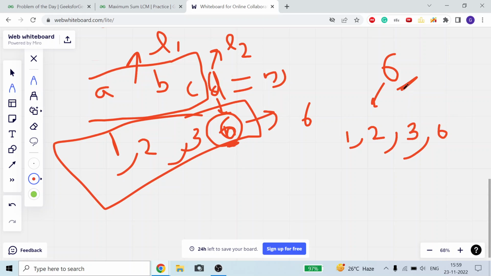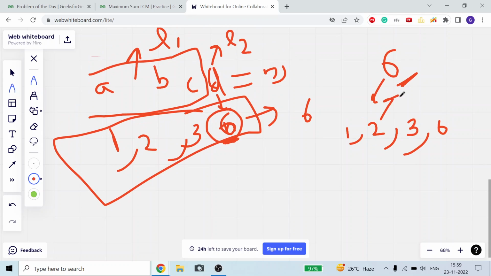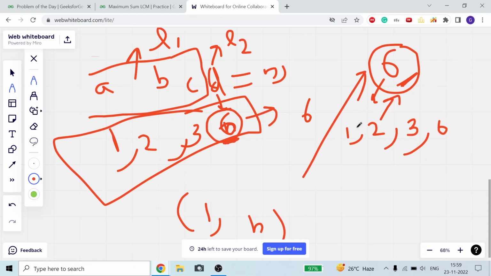So with this, I can say the final LCM will be n, because I am also including the number n in my sum, in my maximum sum. Okay guys, I hope you understand. If not, then try running different cases and you will find all the factors dividing n. If I include them in my sum, I will get the maximum sum. All the numbers from 1 to n that divide n, like 6 here, I need to include in my answer. Okay guys, this is the basic condition.